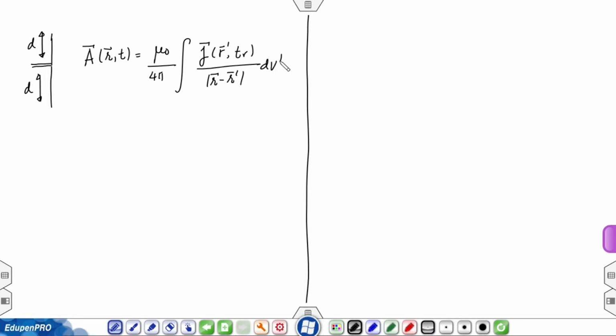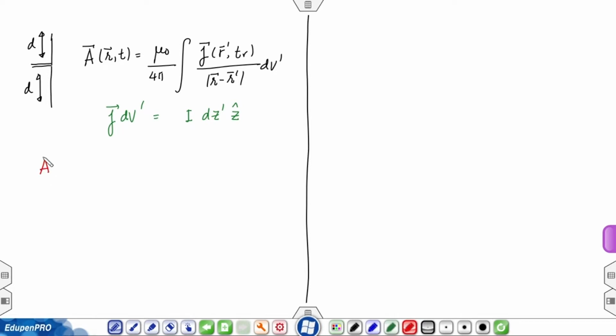And because of the delta functions and J being only one dimensional, I know that J dv prime can be written as I dz prime in the z direction, and therefore,